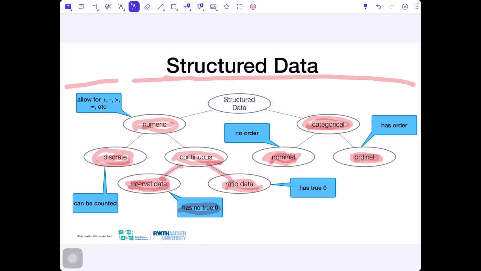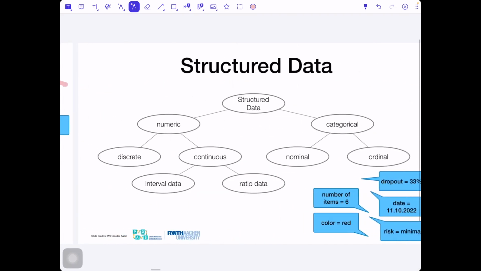Or you can think about dress sizes. For example, we have size small, size medium, and size large. It could be XS, extra small, or XL, extra large. And we can again put them in order: XS is the smallest size, then comes S, then M, L, and XL is the largest size. So we have ordinal data. We can put them in order.